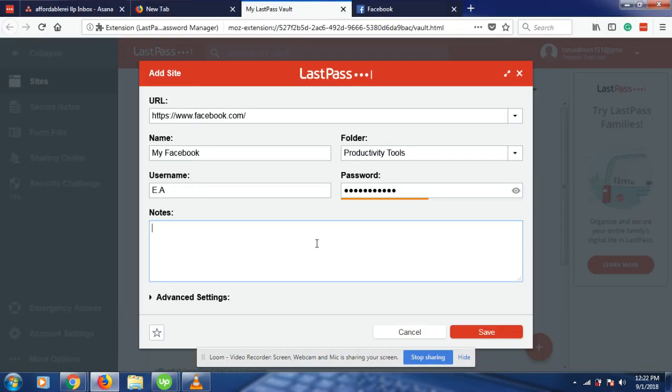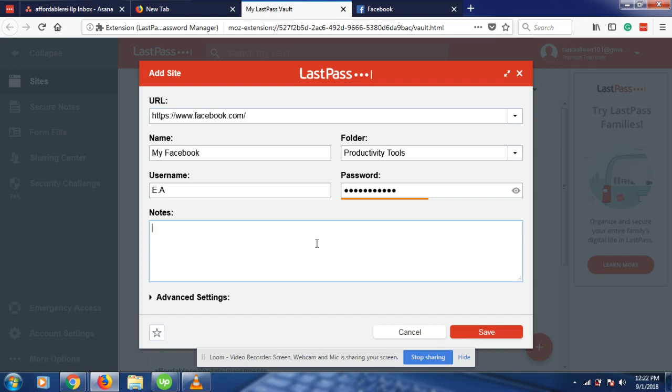Okay, let's say I want to save the login information for facebook.com. So here I have opened the add site window as I have already shown you, and I have placed the URL of the website, the name. I have just selected a random folder, productivity tools, or I can even create a new folder, and I provided